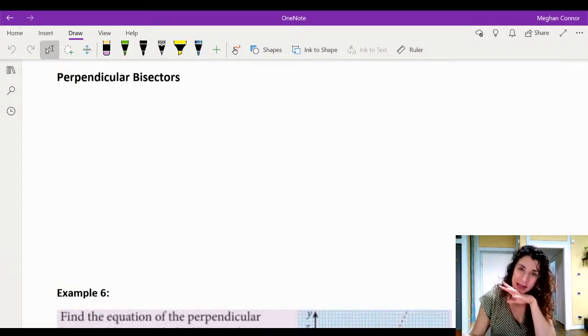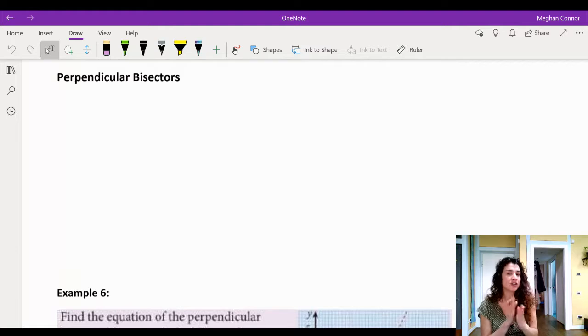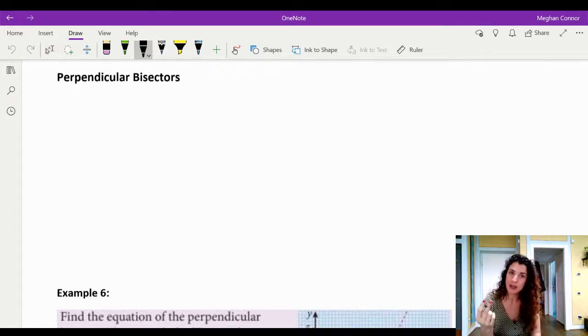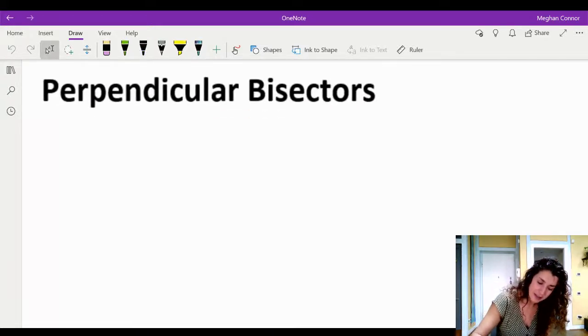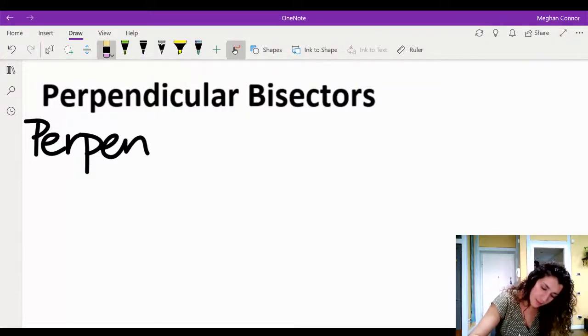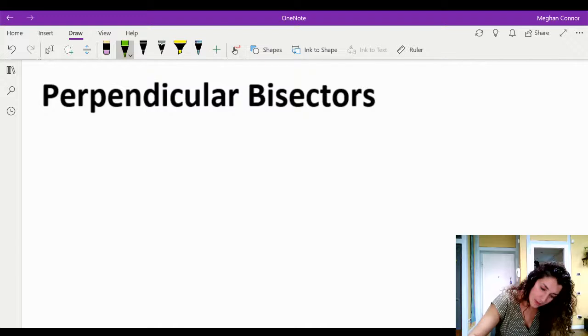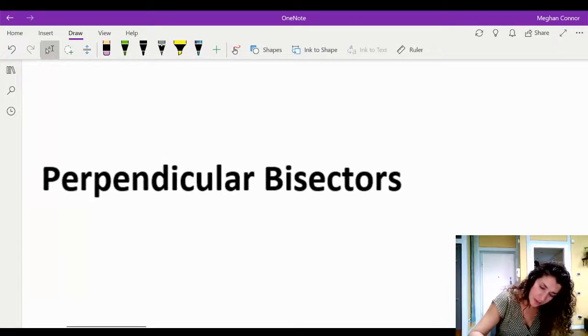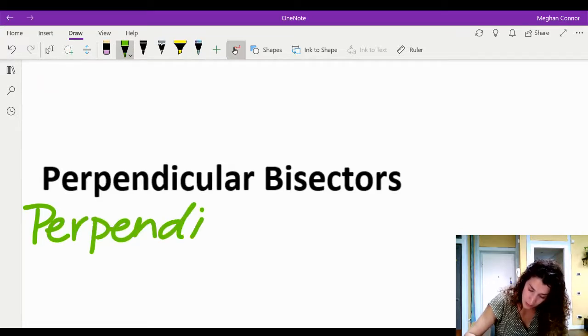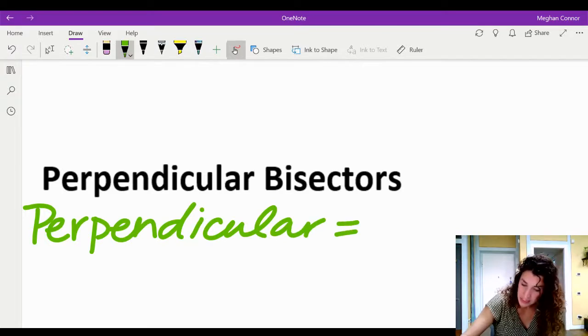Okay, so perpendicular bisectors. Perpendicular bisectors are an intersection between two lines, segments. You have to start with a segment because the idea is a perpendicular bisector, there's two parts to it. There's the perpendicular aspect to it and the bisect part to it. So perpendicular means that they intersect